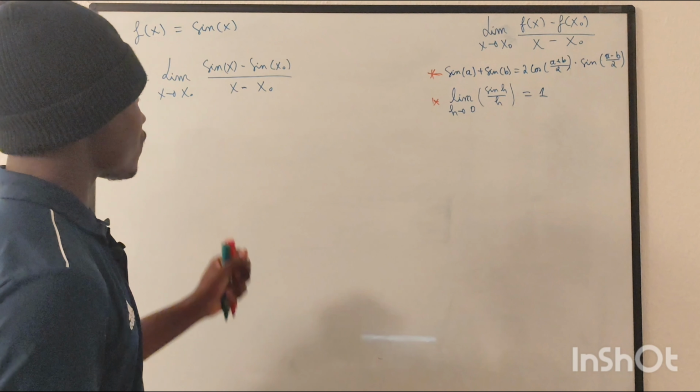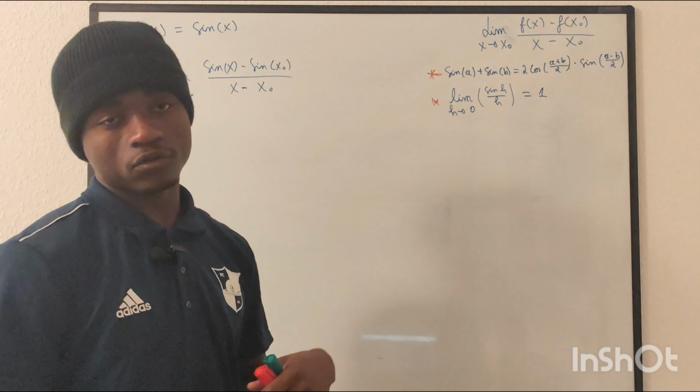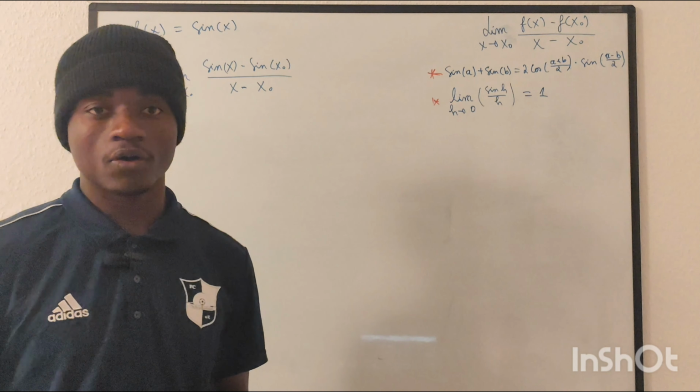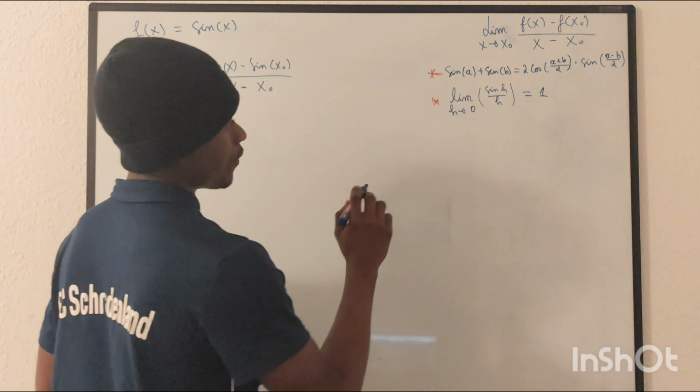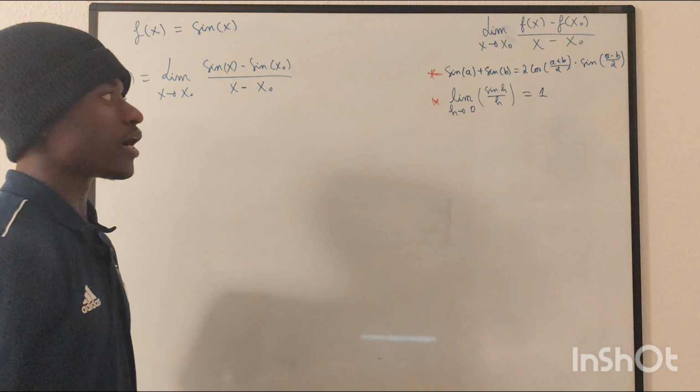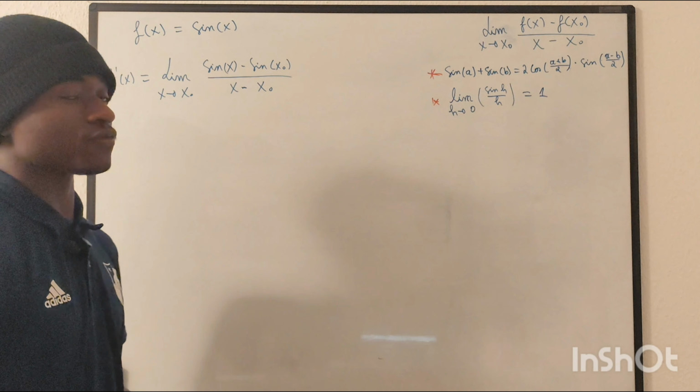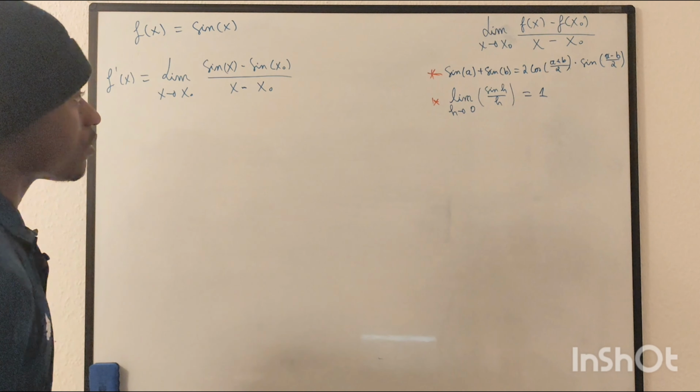In our case, we have the sine function, and I've written a wonderful, very nice formula here on the side that helps us have a factorization form of the difference of two sine functions. And this is 2 times the cosine of the half sum between the two numbers times the sine of the half difference between those numbers. And that will be in our case